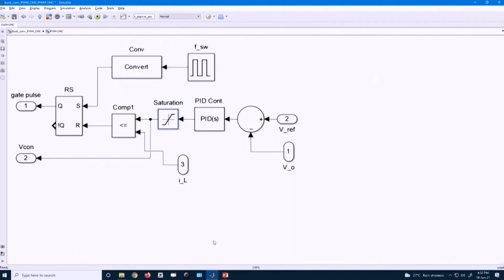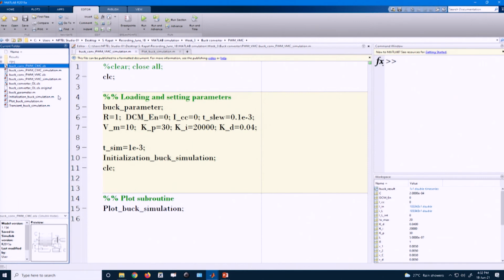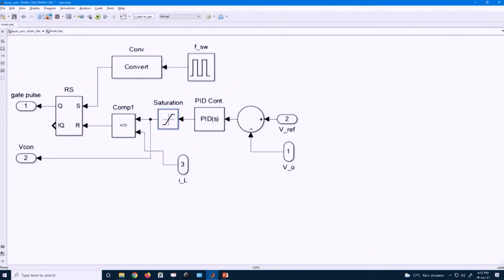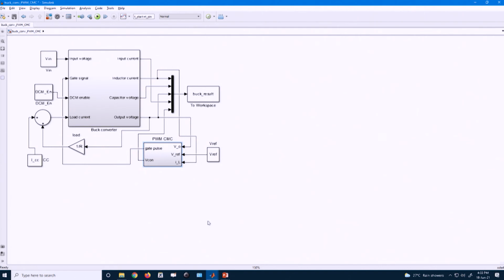Now, I want to simulate this. So, I will open this current mode control simulation file. What I am doing here is I took the derivative controller to be 0, so it is just a PI controller. Here I do not need to put any slew rate limit, because I do not need any external switch. Why am I saying this? Because I use a simple VREF, but I still want to see, can I implement such soft start logic in current mode control, what we did in voltage mode, without modifying the reference voltage, which we did in case of voltage mode control.